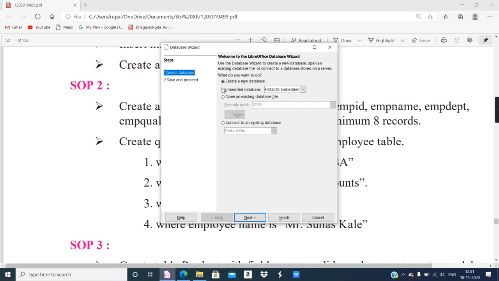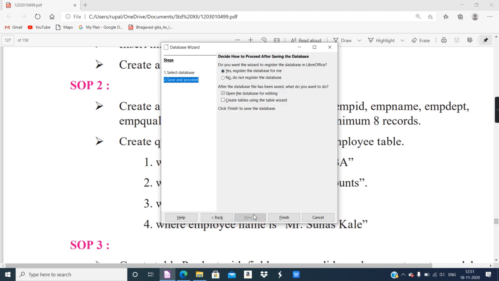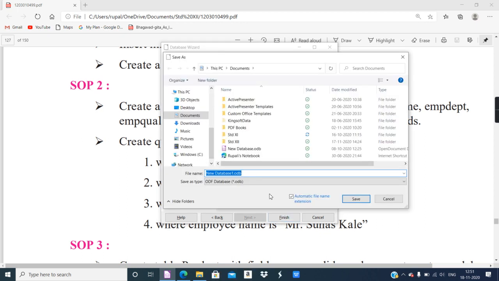You already know the steps. The create a new database option must be selected, then click on next. Whatever default is available over here, be fine with it and click on finish. Now you have to choose a location for your database file. You can choose any folder, any location.